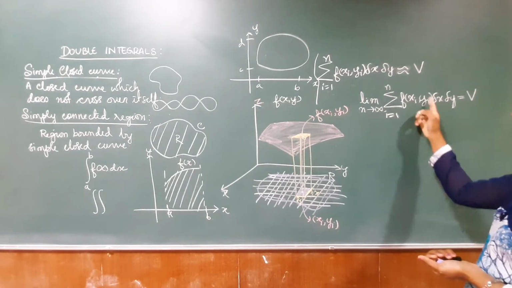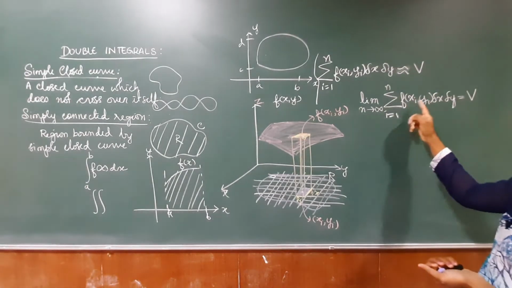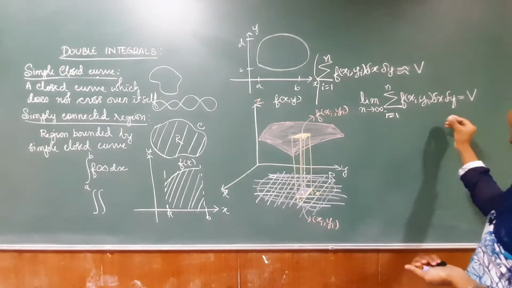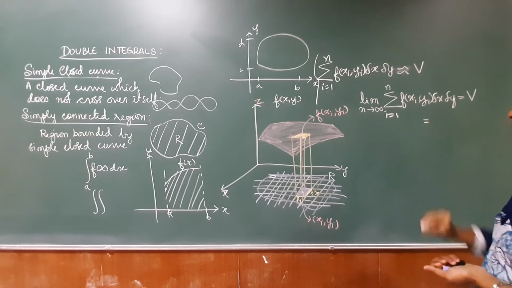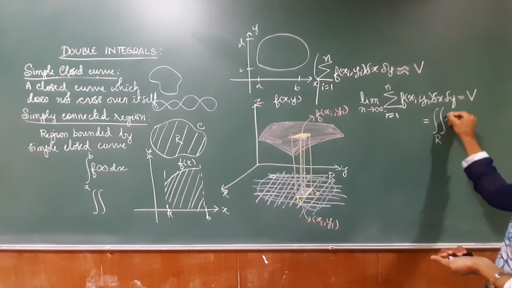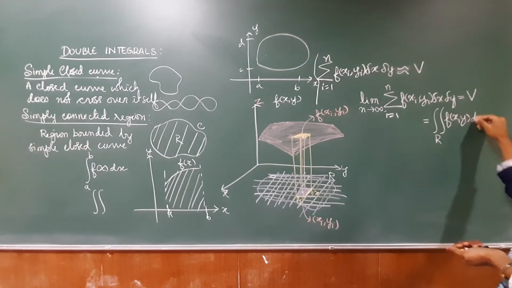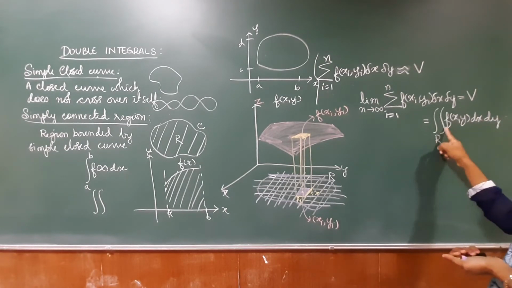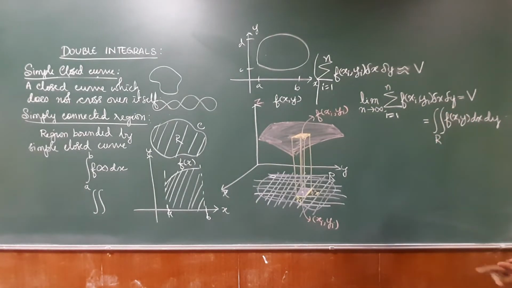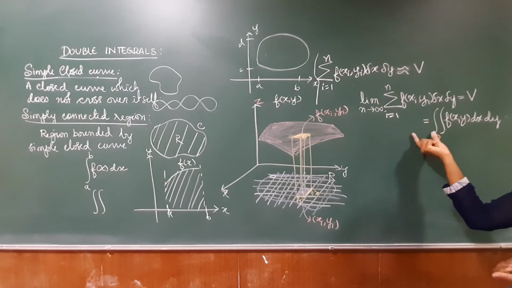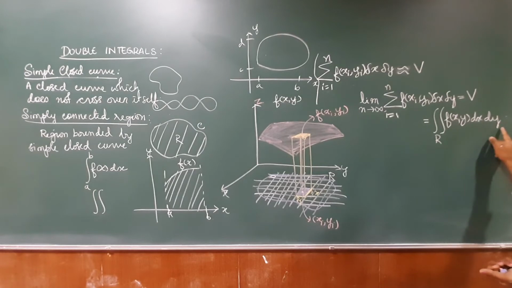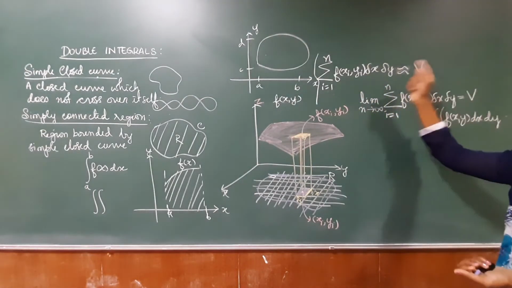Okay, and I can vary this, the point also will change depending on the point in the rectangle I am taking. And this quantity is called the double integral. This quantity is called the double integral over the region R of f of xy dx dy. Double integral is nothing but this particular volume, or in limit definitions these two are equal. Therefore, the volume of the solid is equal to the double integral over R of f of xy dx dy.